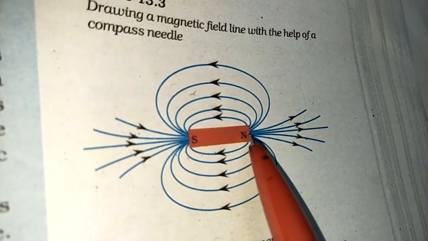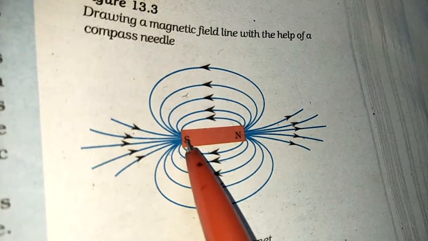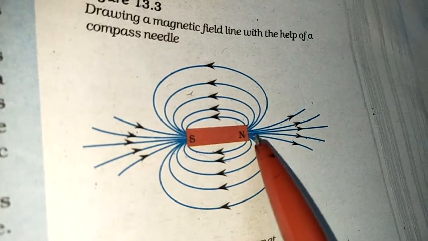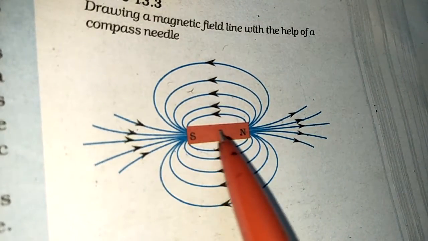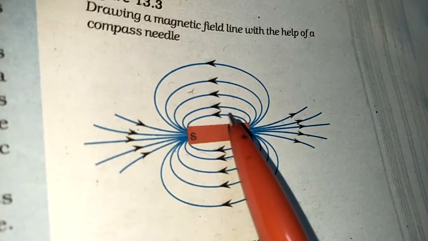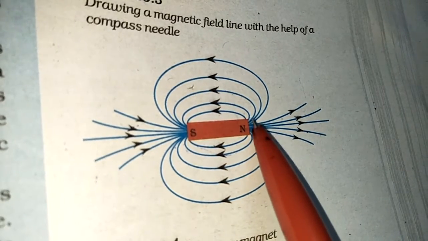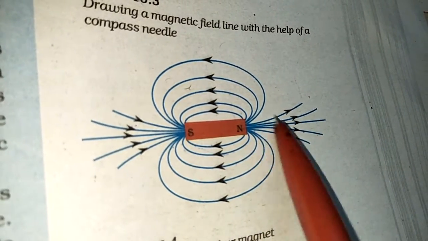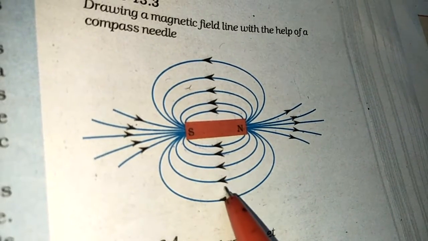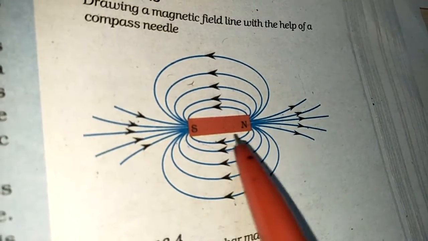So outside the bar magnet you have north to south lines going on, and inside it is going from south to north. And if you see near the poles, the field lines are very close by, and when you go away from the poles towards the center of the bar magnet, the field lines are going away from each other. So where the field lines are close by, there you have maximum attraction. Where the field lines are a little bit away from each other, the force of attraction is less. So always towards the poles the force of attraction is more than at the center.